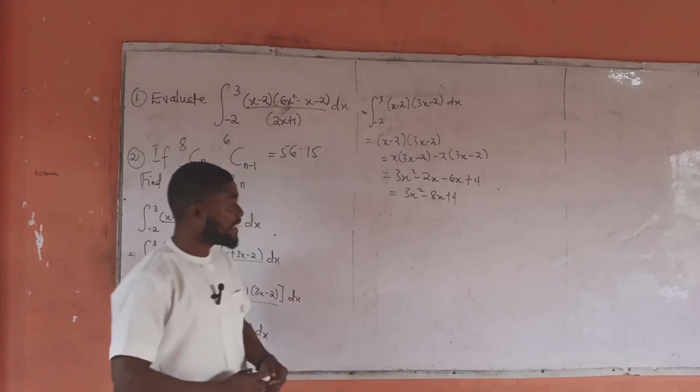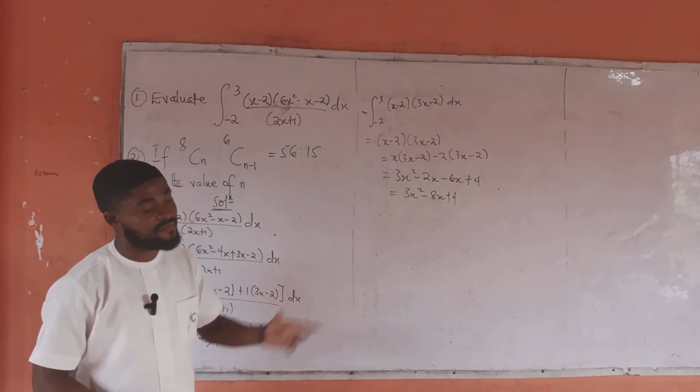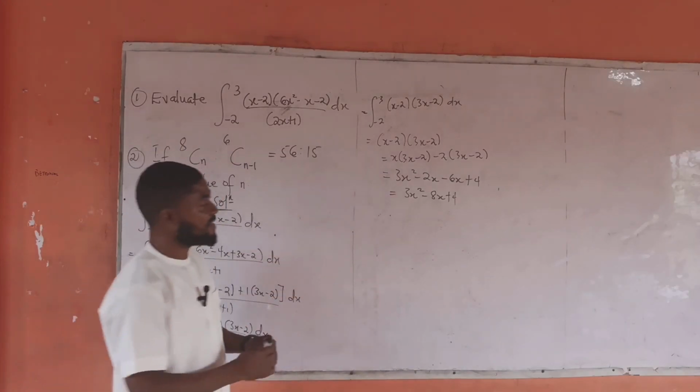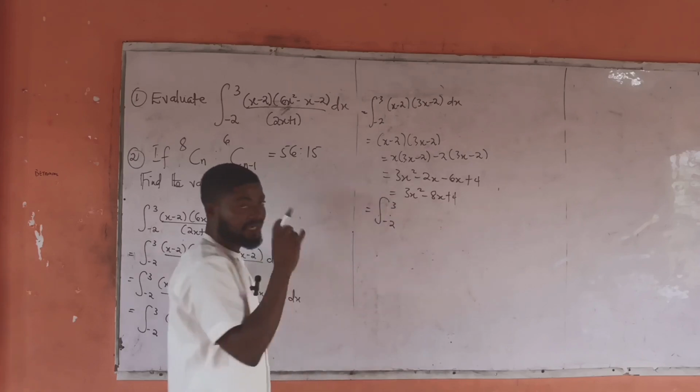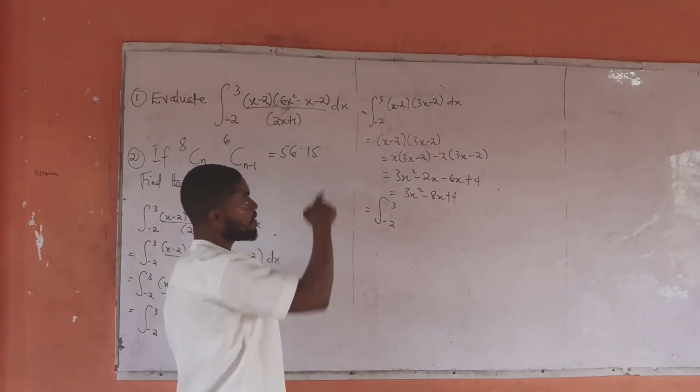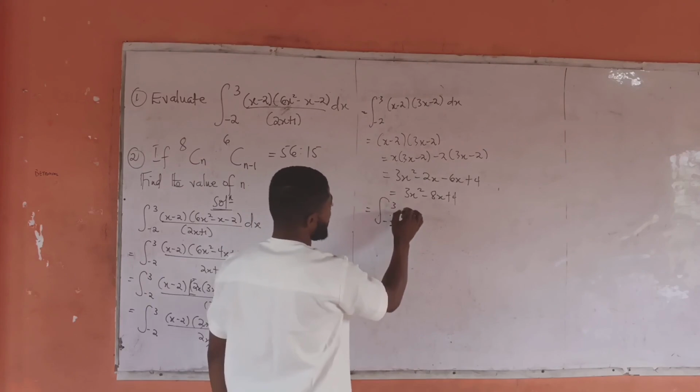So by expansion, I get 3x squared minus 8x plus 4, which is what we have there. So doing substitution back, when I substitute this back into the integral,